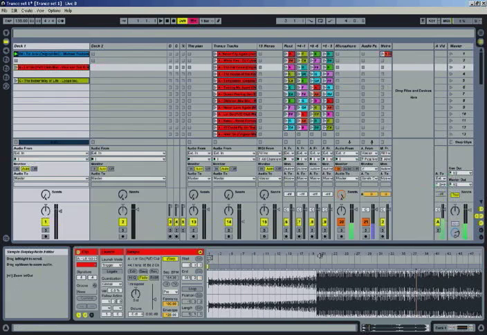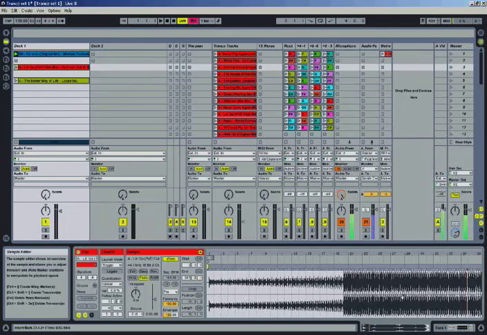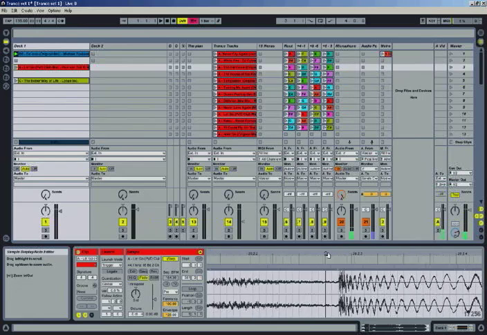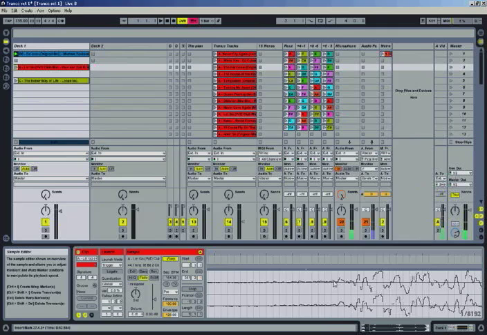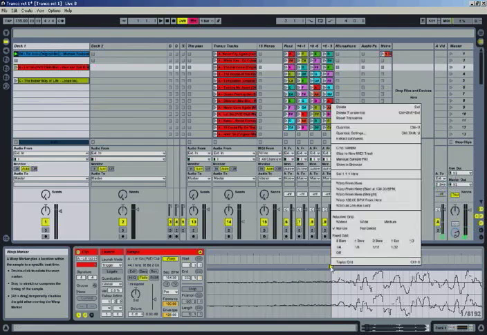Remember, the idea is to warp it without hearing it. So we're not even sure what that is, but we're not concerned. As you can see, something important happens right here. We're going to estimate that this is probably an important event in the song, or the start of an 8-bar phrase. We're going to zoom in here, right-click right where the first kick lands, hit set 1 here, and again,